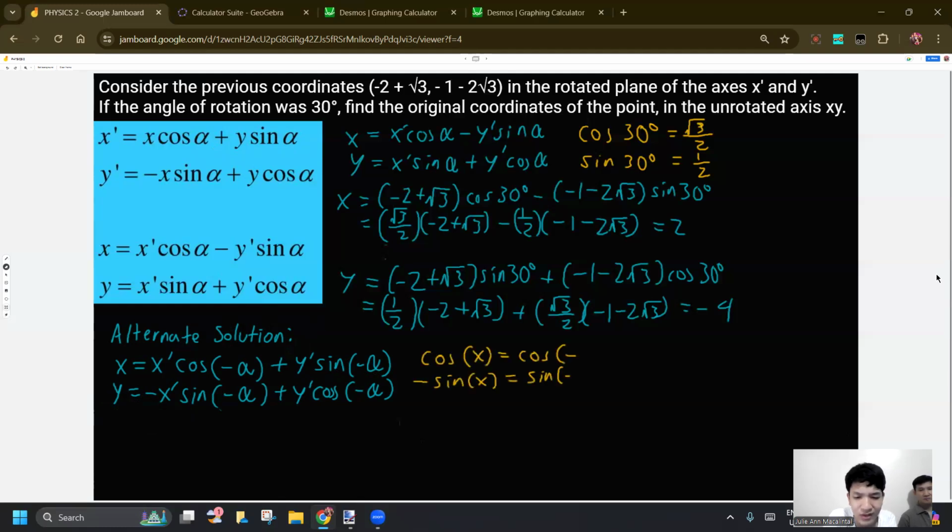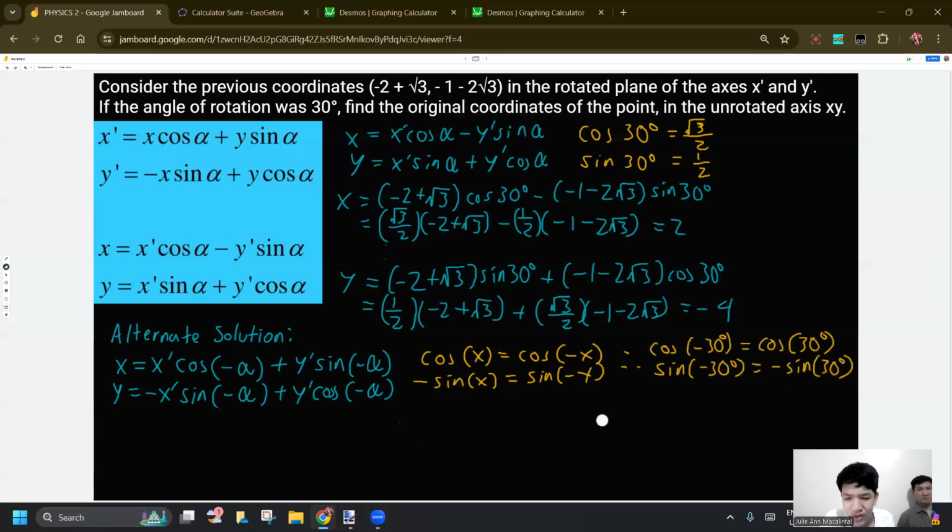So first, the principle for this is simply that cosine is an even function, which means it does not change signs when you input the negation inside, and then sine will change signs. So if we input -x, it will become negative sine x. So of course, for 30 degrees, it will be like this. I will explain this later.